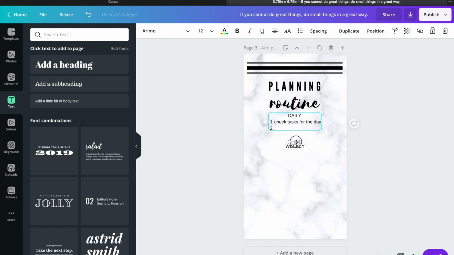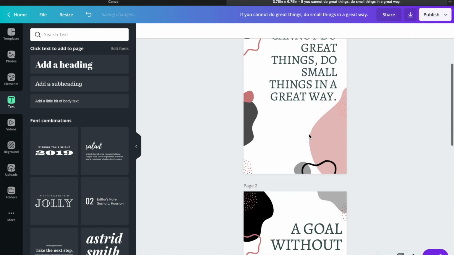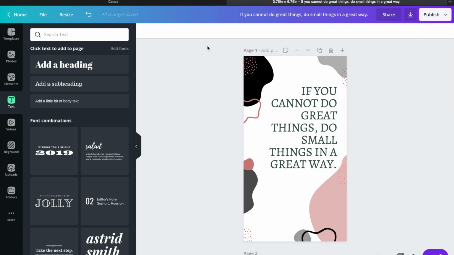And I've recently learned this as well. Let's say you have this completed and you have it saved, you can actually resize it into another planner size if you are interested. So let's say you are so in love with this quote right here, you want it both in your personal or your A5. So let's say we're gonna resize,